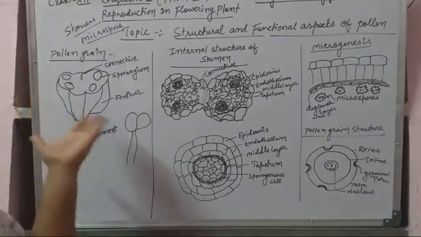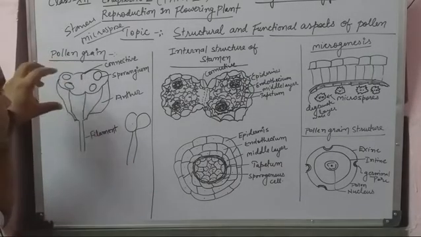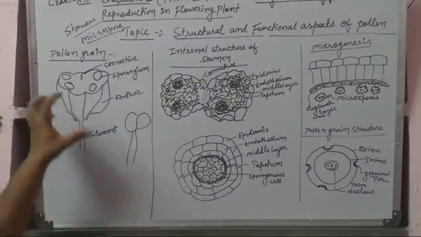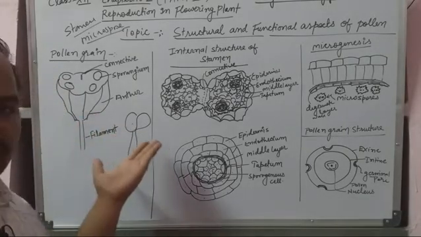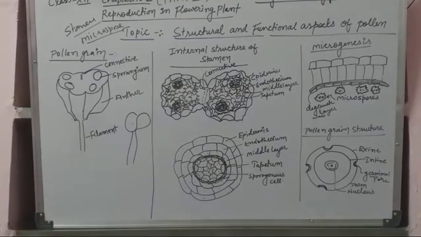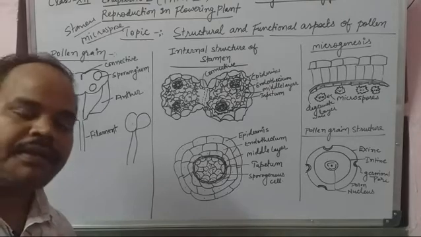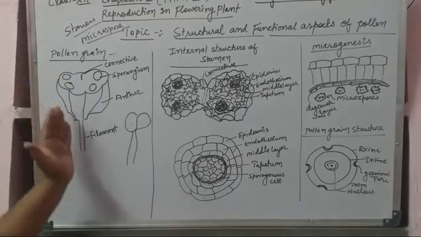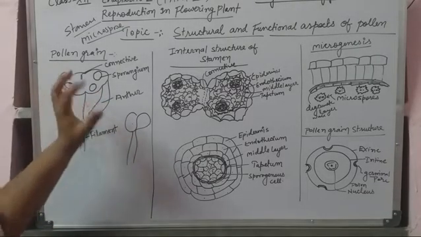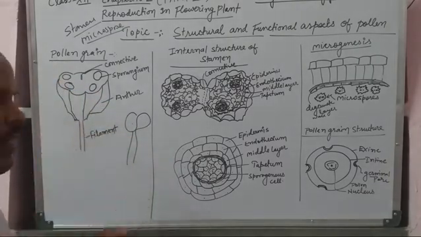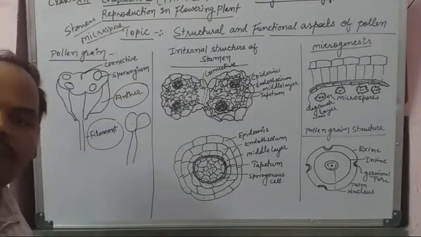It is the TS of the anther. So now there are four microsporangia shown in two lobes, which are the bilobed anther, and the filament structure is also included in the stamen. Okay. Now if we discuss, there are only two parts: first is the anther and second is the filament.